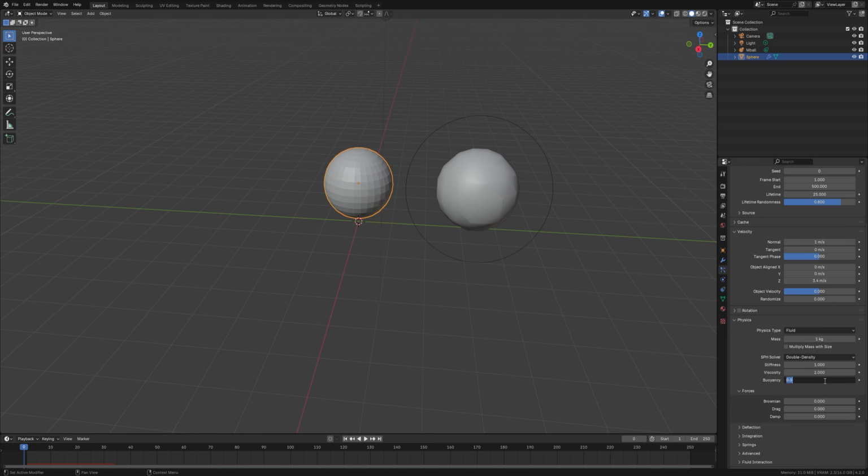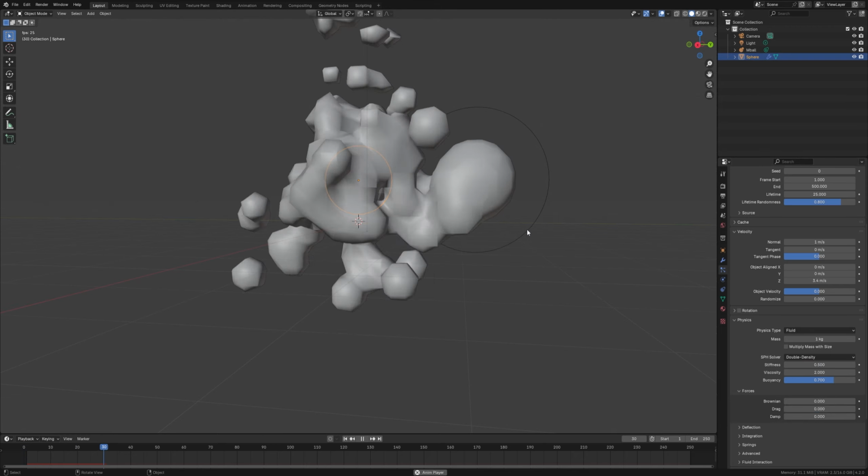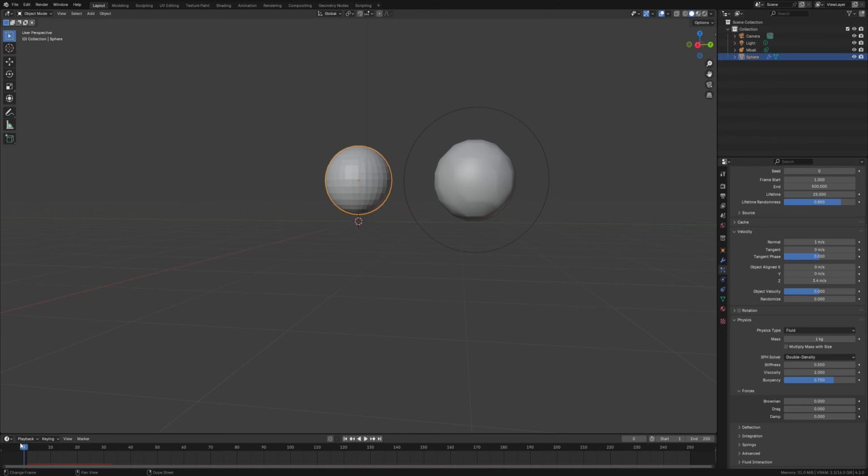So let's go ahead and change the buoyancy to 0.7. Let's change the viscosity. Actually, let's keep it at 2. And stiffness should be 0.5. Very nice. So that should add some buoyancy to our particles. And now we can go